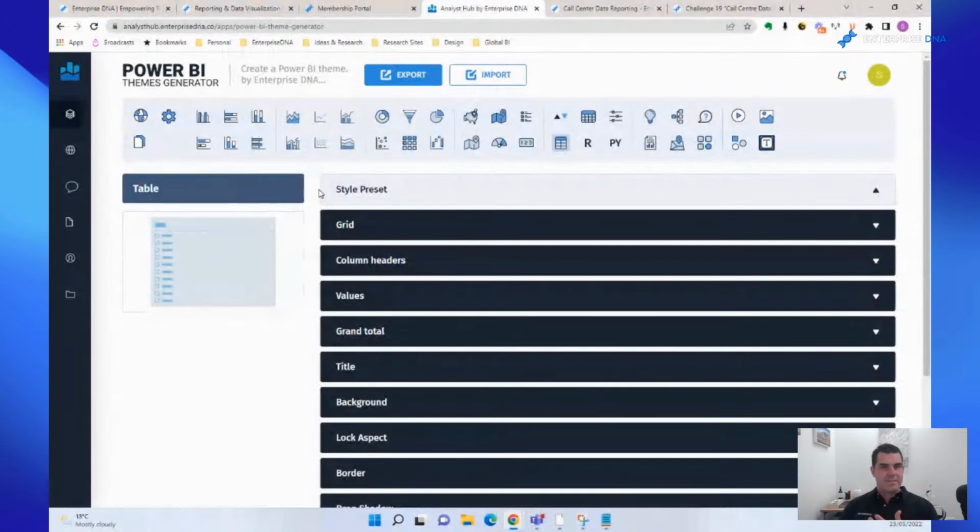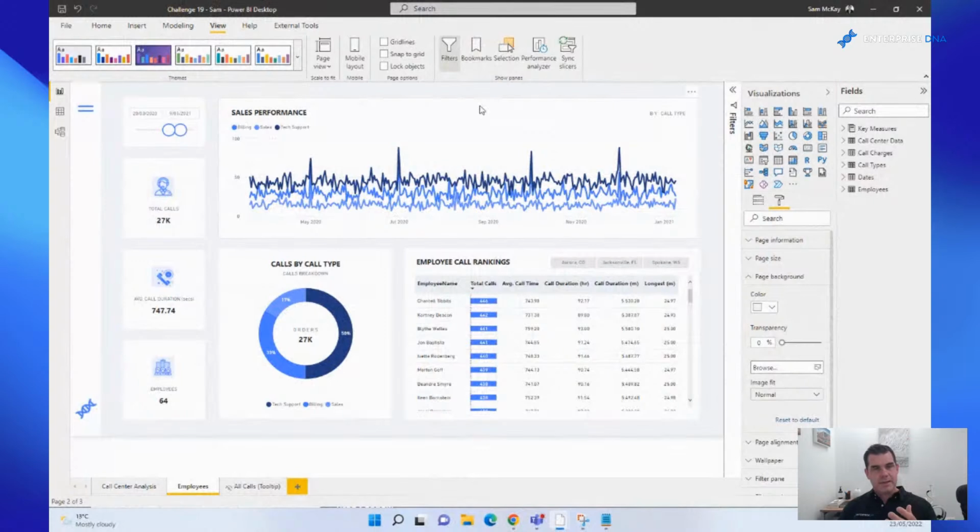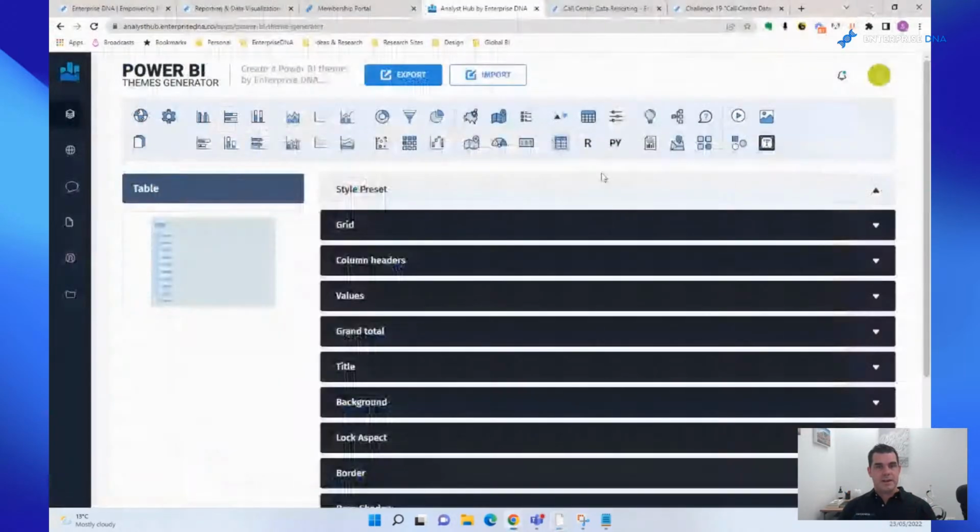Then when you change the theme inside your Power BI report, when you create a visual, a title, a text box, a card, everything will be set up exactly how you want it, down to even the font size. You can manipulate anything, and the productivity gains you can achieve just by using that theme generator are absolutely off the charts.